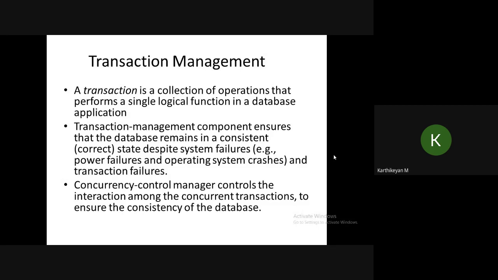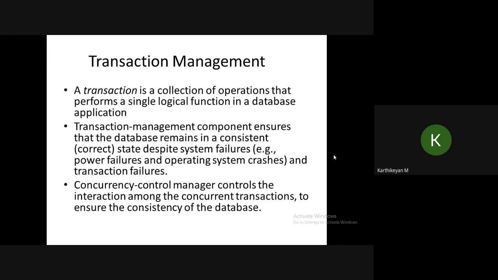For one table, your account balance is 500 rupees. Transaction T1 is going to deposit 1000 rupees. Transaction T2 is going to withdraw 2000 rupees. Fine. If transaction T1 is executed first, your balance will not be negative. If you withdraw first, 1000 rupees minus 500, the balance will always not be negative. That is known as your